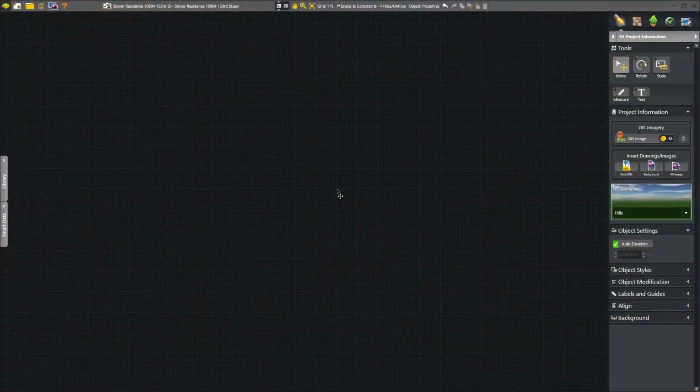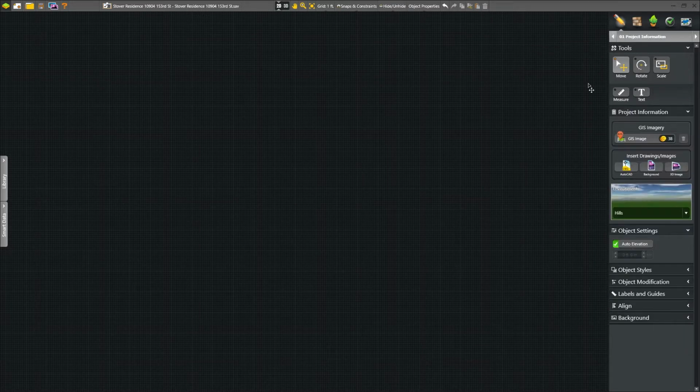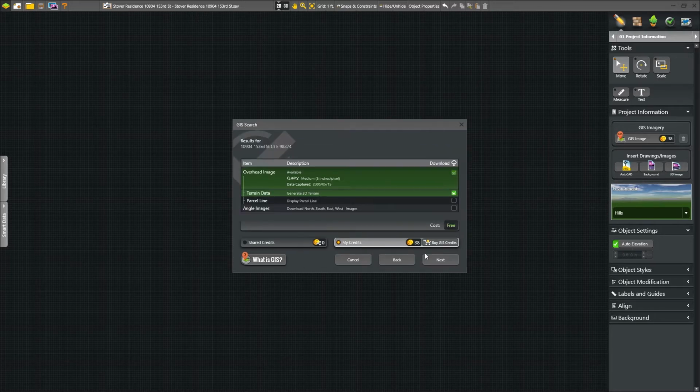We'll start with our blank 2D grid, just like a piece of paper. VizTerra makes it easy to design by breaking everything down into easy-to-access settings and stages, like the house stage, and these 8 tools. Once you know these 8 tools, you know how to design. It's that simple. Before we start designing, we can search our online database for our client's address and download GIS